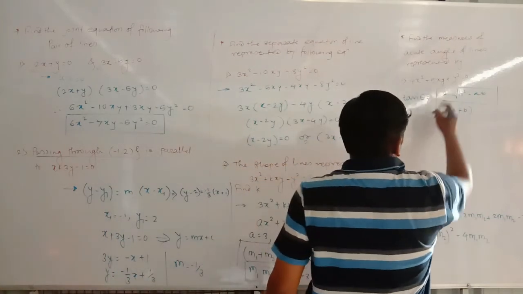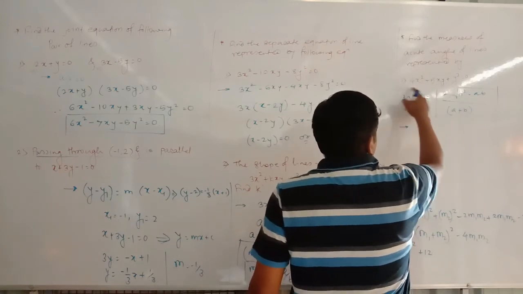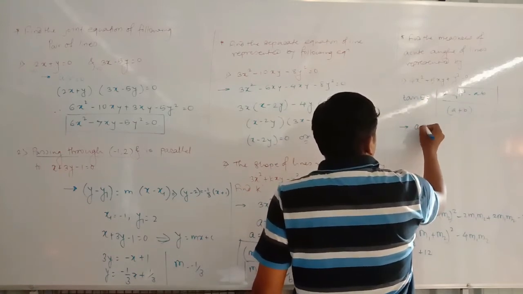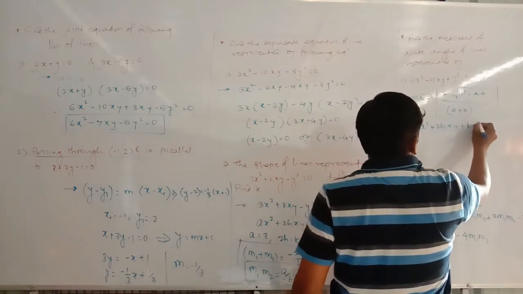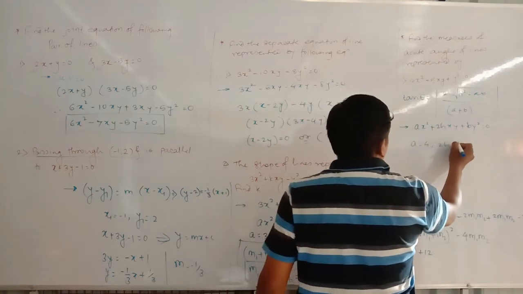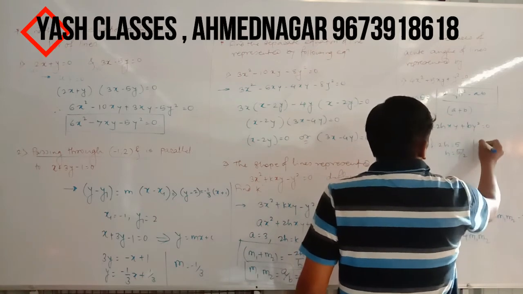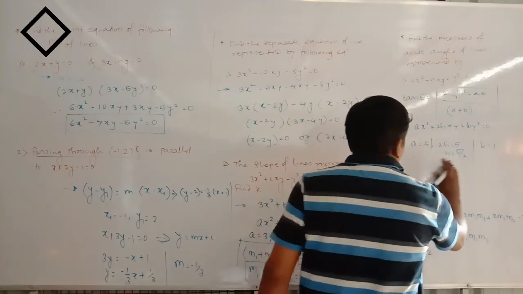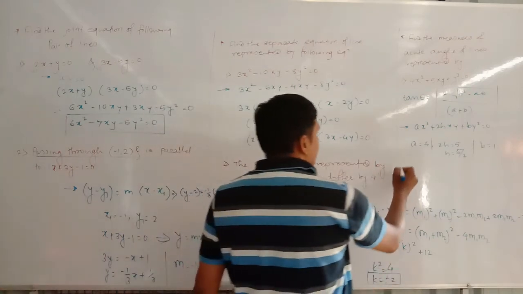Now compare this equation with the standard equation. The standard equation is ax square plus 2hxy plus by square is equal to 0. So a is equal to 4, 2h is equal to 5, so h is equal to 5 by 2. Then b is equal to 1. So put all these values in the formula. Then tan theta is equal to